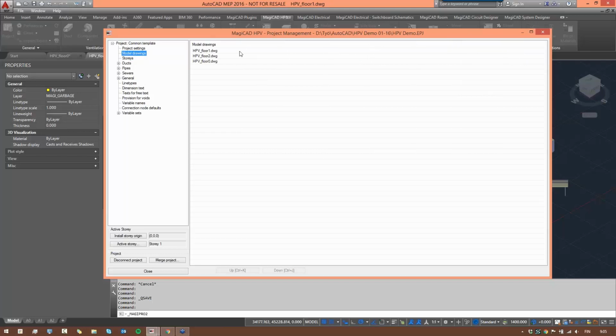First, let's check the model drawings list. We can see the three drawings that we have here: HPV floor 1, which is the one I have on the background, floor 2, and floor 0. Other things in here: project information, of course, can be changed, project settings,